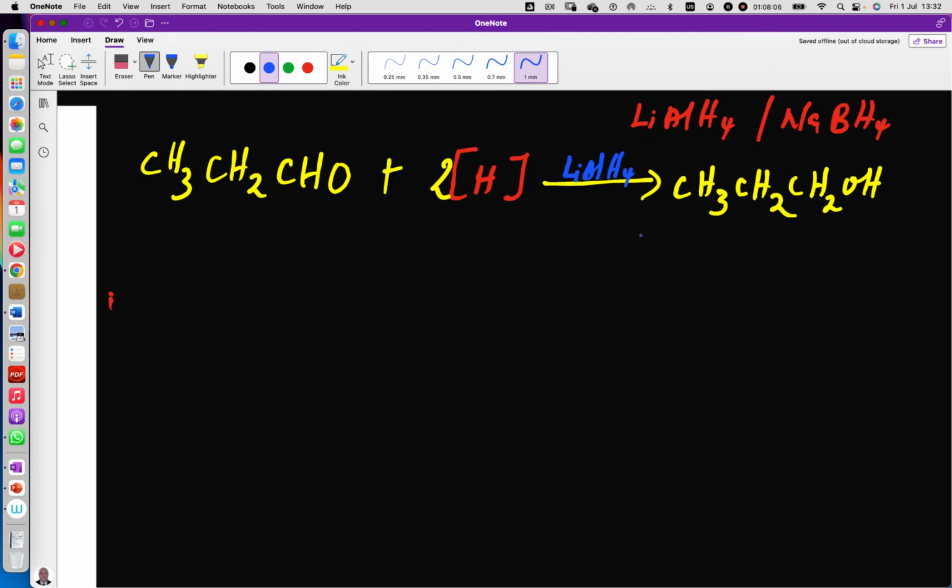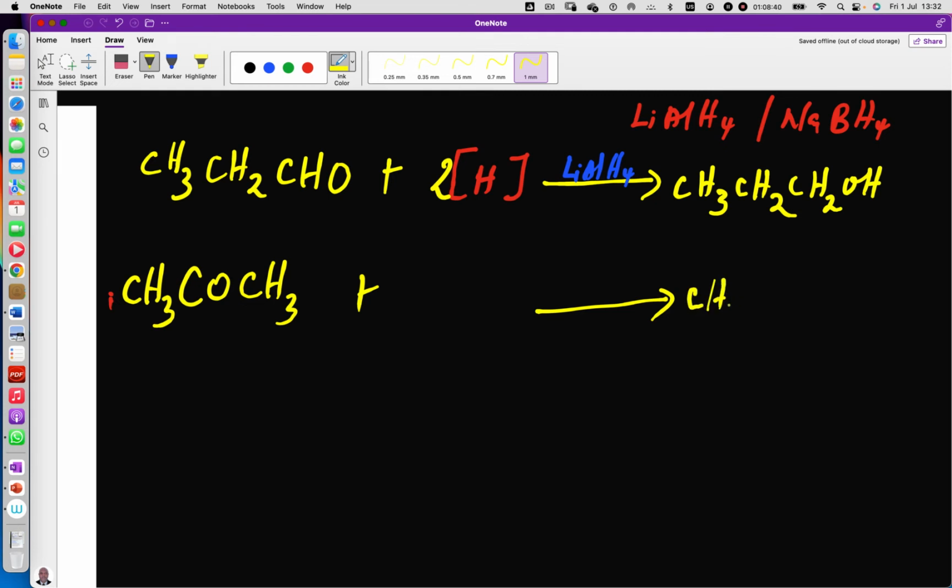Then ketone, reduction of ketone. Let's see how ketone can be reduced to secondary alcohol. For example, this is a ketone, CH3 CO CH3. A ketone can be reduced now using the same condition to what we call secondary alcohol, CH3 CH3. So we are going to add